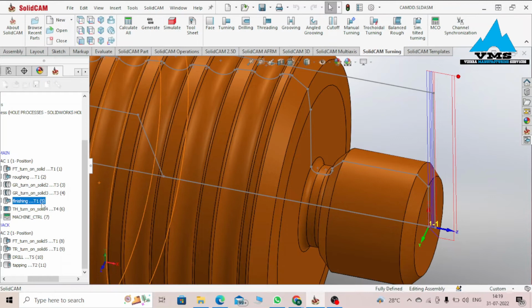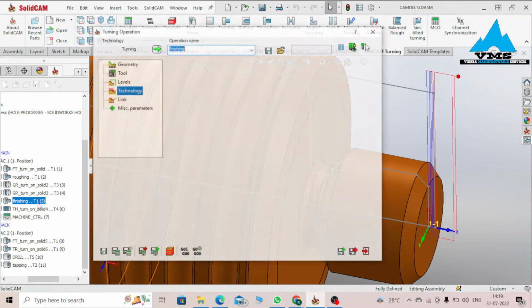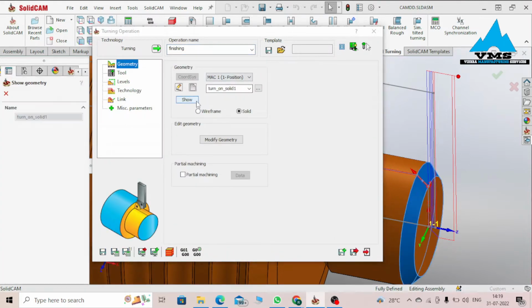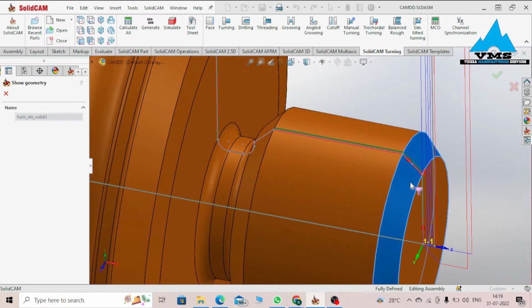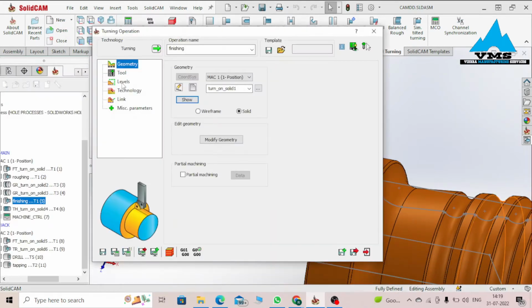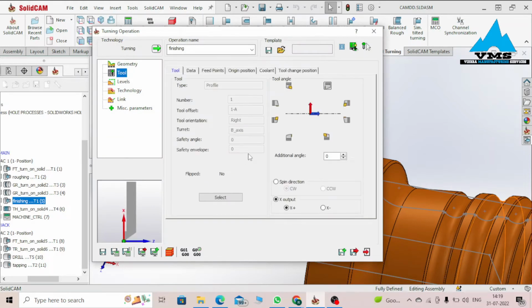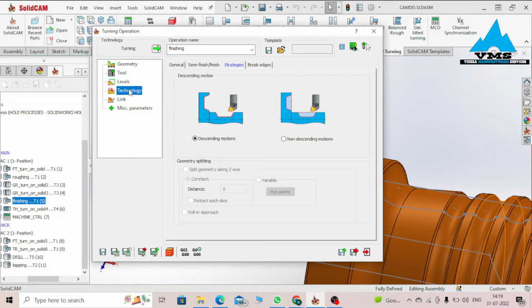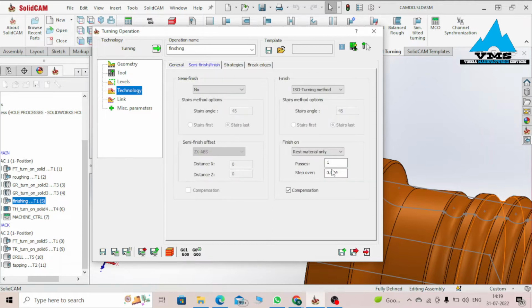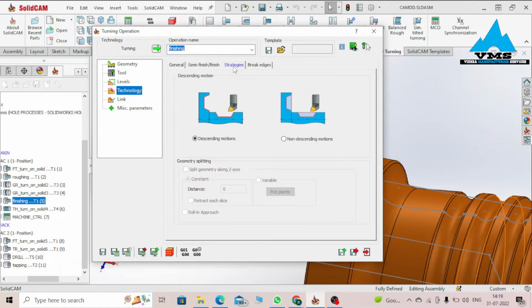Next operation, turning operation, finishing operation. Looking at the finishing operation, geometry, Mach 1, show geometry. We begin from this chamfer right up to the end of the path. We are still using our same external cutting tool of angle 55 degrees. Technology, we are using finish only, and we have a step over of 0.004 with compensation on, strategy descending. Looking at the simulation,